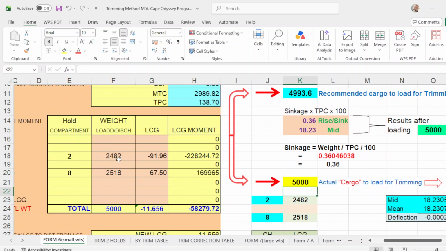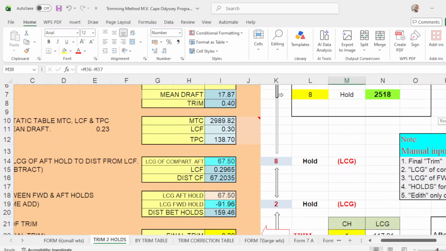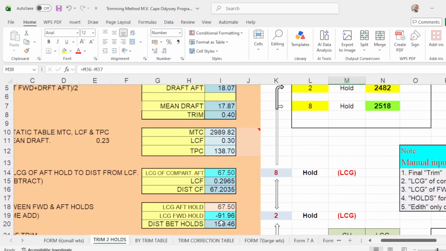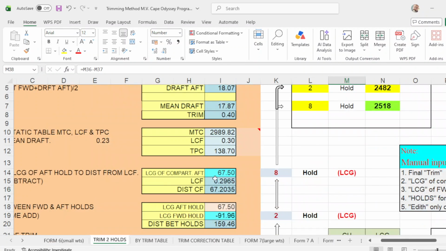For hold number 2, you put the weight of the cargo, then apply the LCG. LCG of number 2. Scroll down a little bit. Number 2 LCG is negative 91.86. Okay, negative 91.86, and number 8 is 67.50. So confirm.